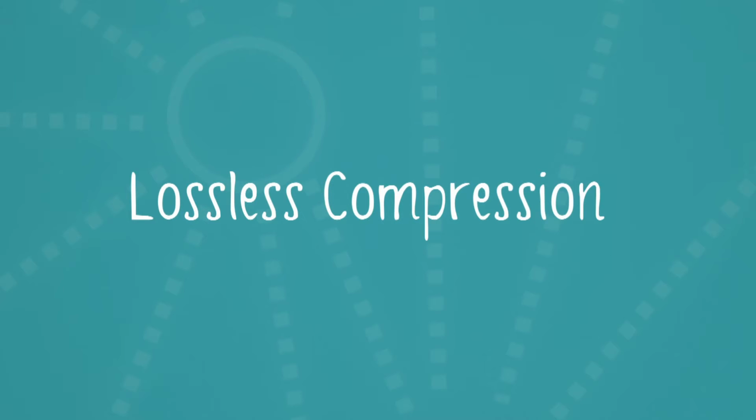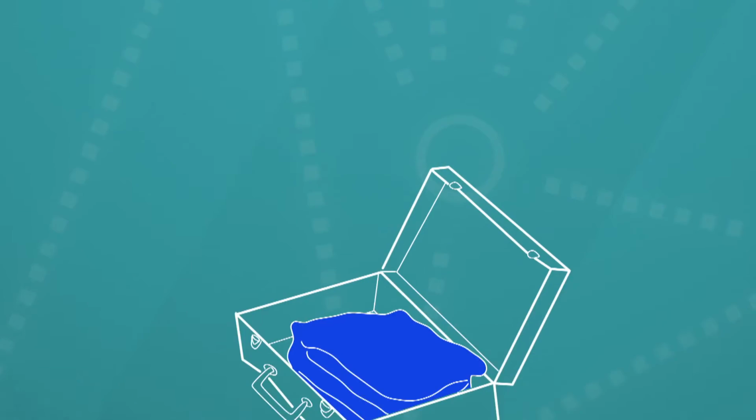We've seen how useful it is to compress files to make them smaller, but how do you actually do this? You can compress any type of file using a compression utility. There are lots of free utilities like 7-zip and WinZip, and most operating systems have this functionality built in. This is lossless compression. It would be useless if you uncompressed your file to find bits of your documents or